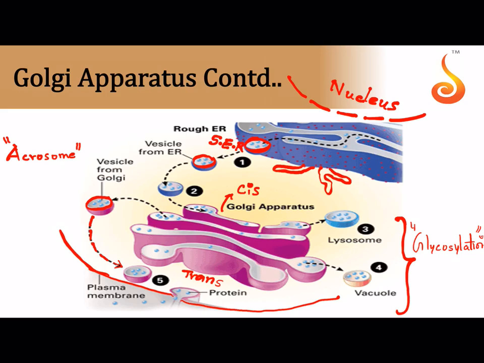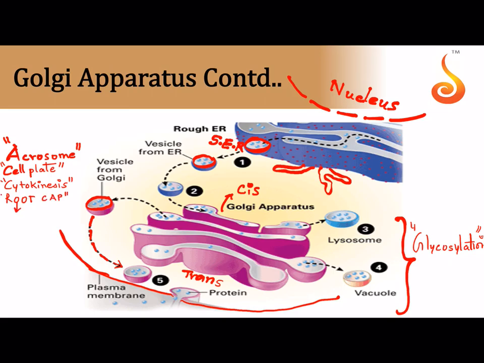This is actually derived from the Golgi complex, and the Golgi apparatus also helps in cell plate formation in plant cells. It also helps in cytokinesis of both animal and plant cells, isn't it? Division of the cytoplasm in plants, specifically by the formation of the cell plate, which divides the cell into two daughter cells.